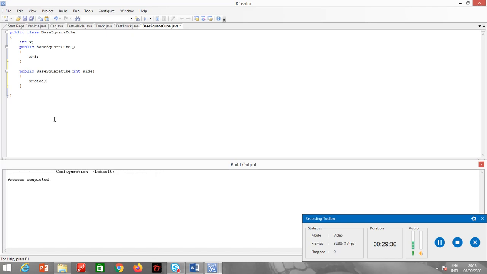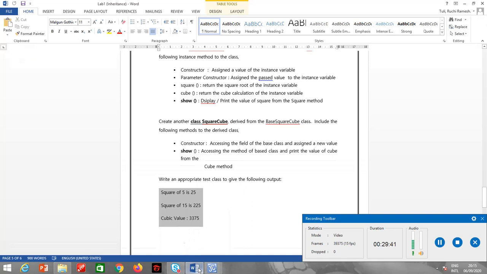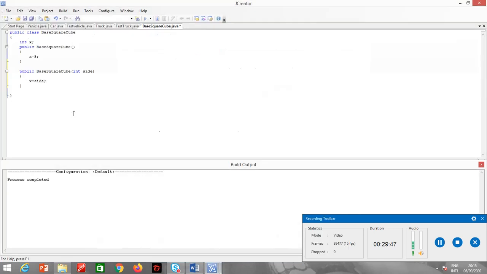Alright, okay, so next what we have is a square method. It should return the square of the instance variable. Public void square. You can have a return type also.